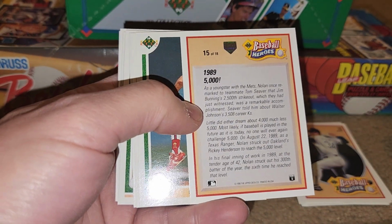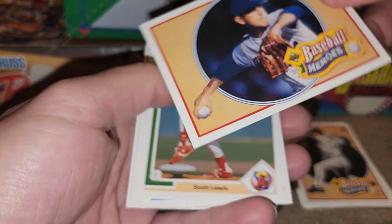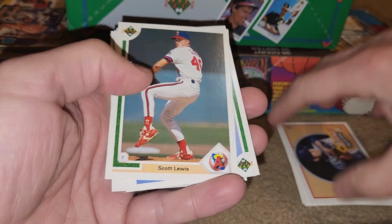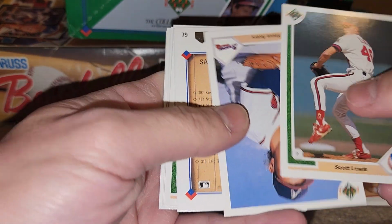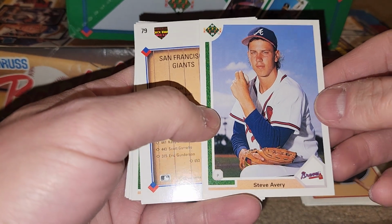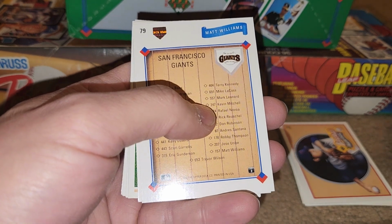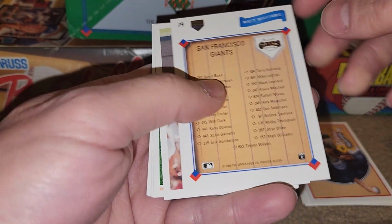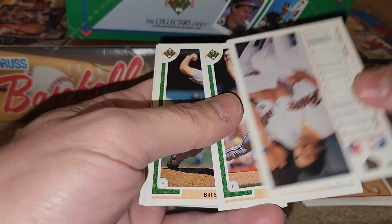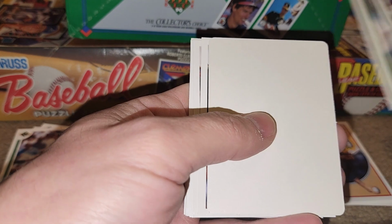This would be strikeout number 5,000. We got Scott Lewis, Steve Avery, part of those great Braves pitching staffs from back in the 90s. Obviously, he wasn't the main guy. We got Matt Williams, Eric Shaw, Lance McCullers, Bill Swift,